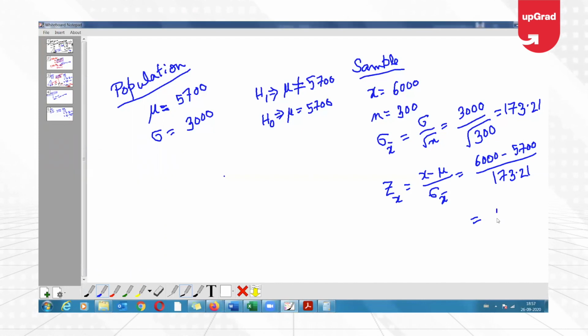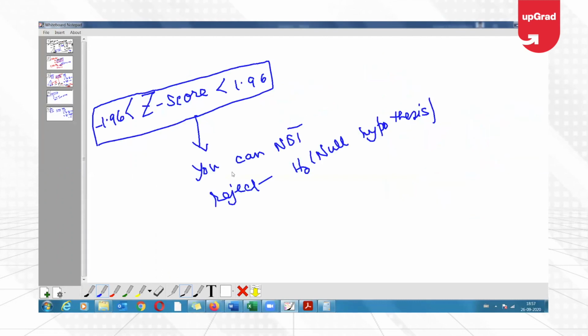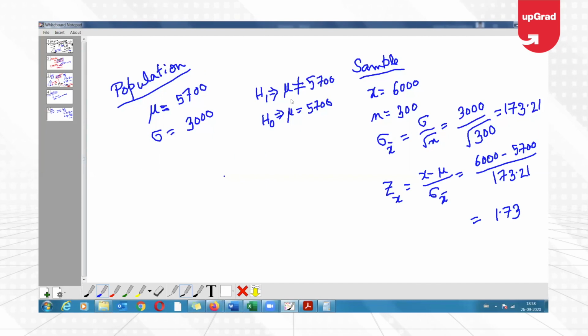So we get a z-score of 1.73. So if we see here, it is falling in between, which means I cannot reject the null hypothesis. I'll say, sorry, I do not have enough evidence to say that the spending has changed. So I cannot reject this. Now, if I have to increase the z-score,